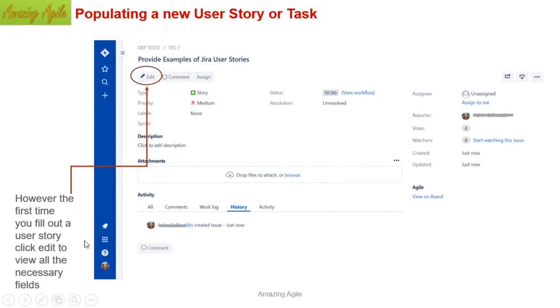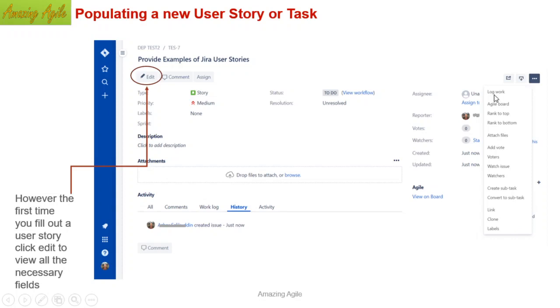So you can have many points which are visible to you, and you can keep adding those things. In addition, there are other things like you can make comments, you can do the work log, you can see the history if anyone has made any change. So all those things you can do. If you click this button, you will see that there are a few actions in the menu. These are all the additional commands which you can use.